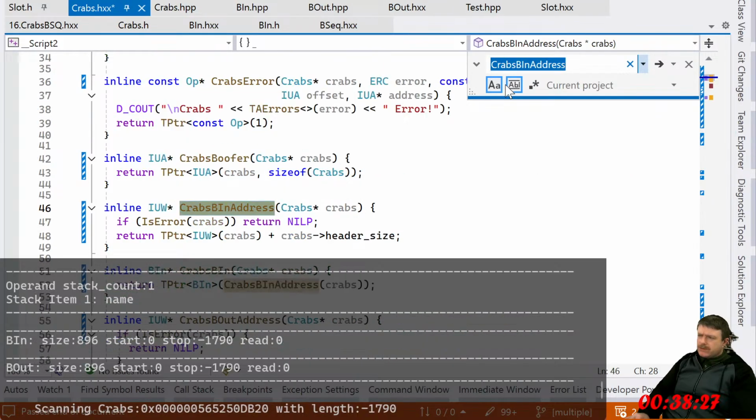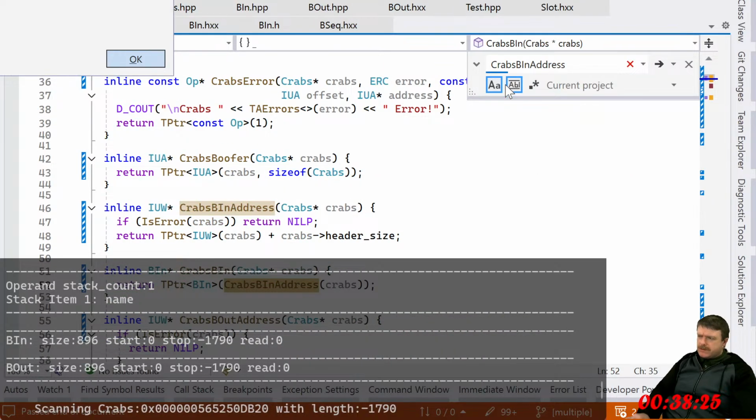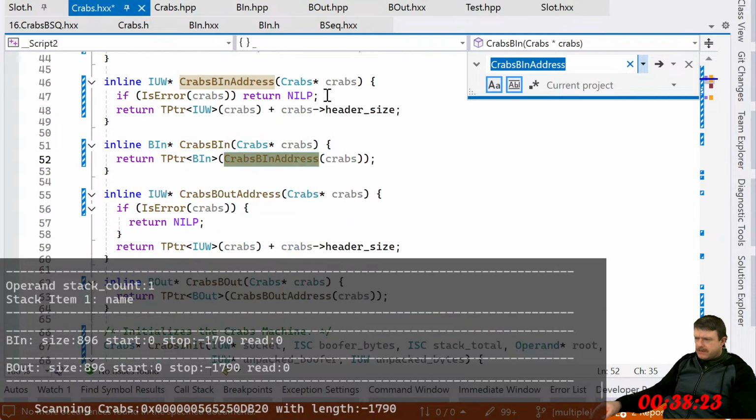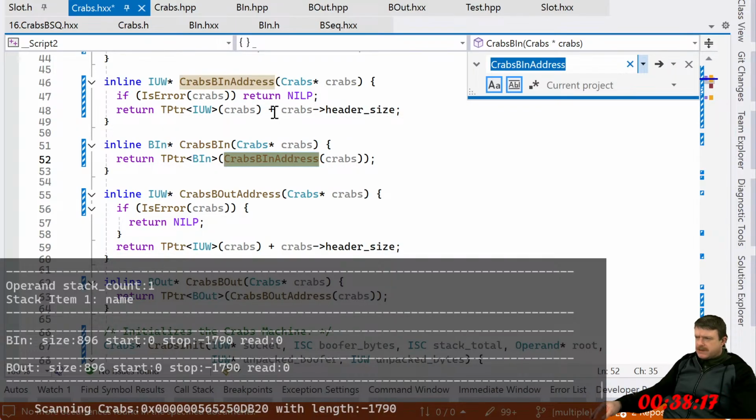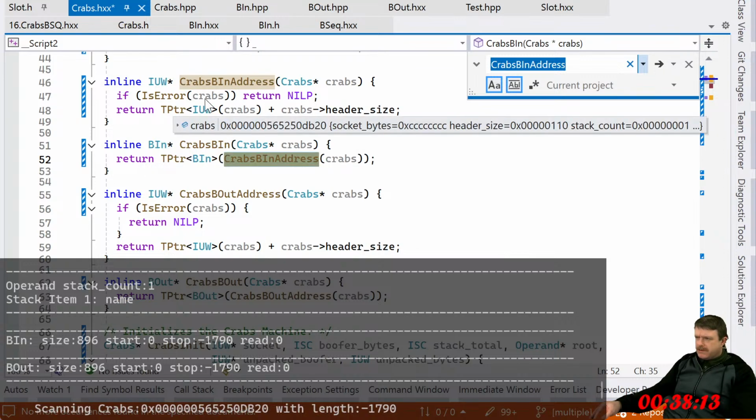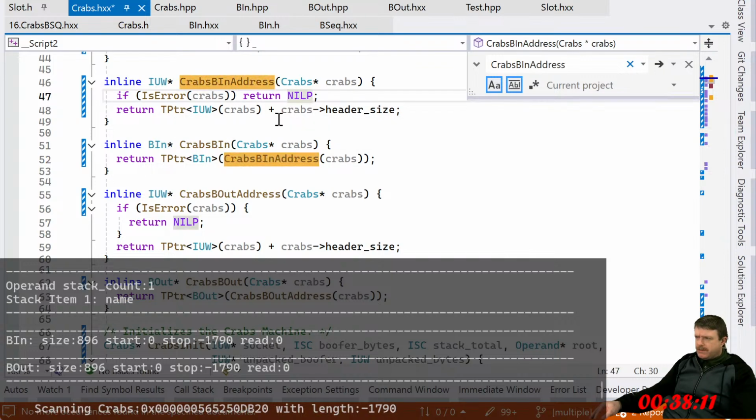I mean, it's not the worst, most egregious thing in the world, but plus header size, this absolutely does not look correct. T putter. Okay, so this is why we can't have nice things.